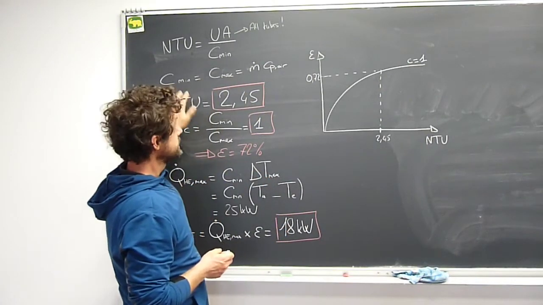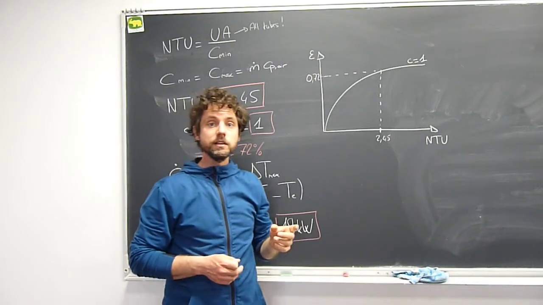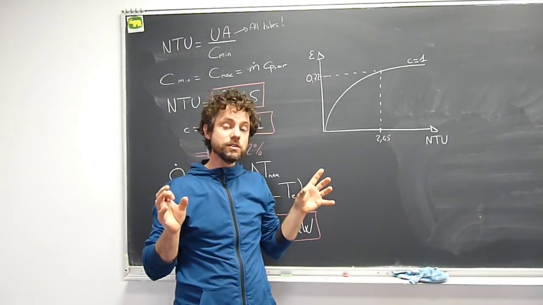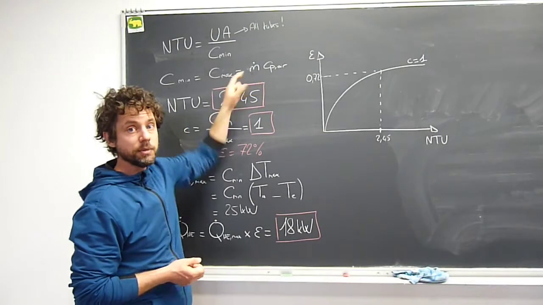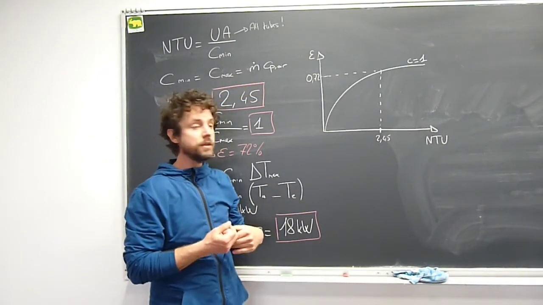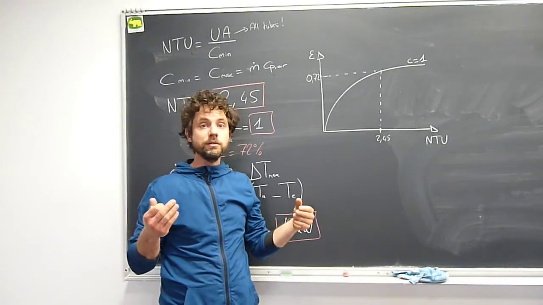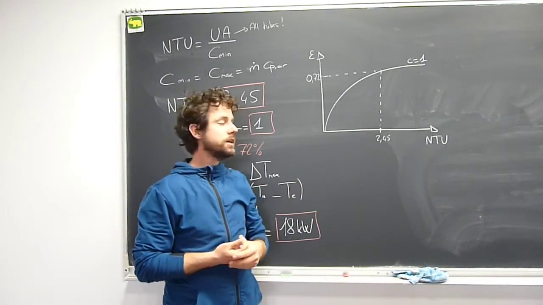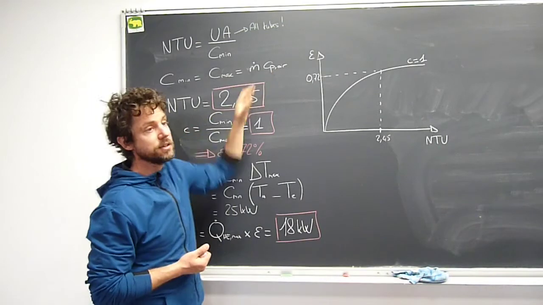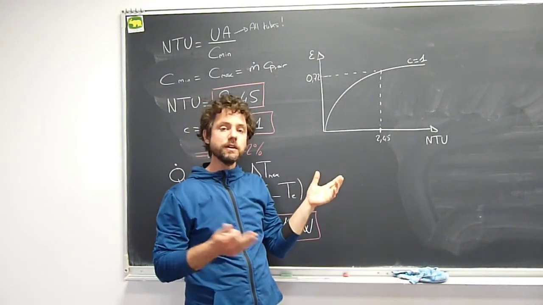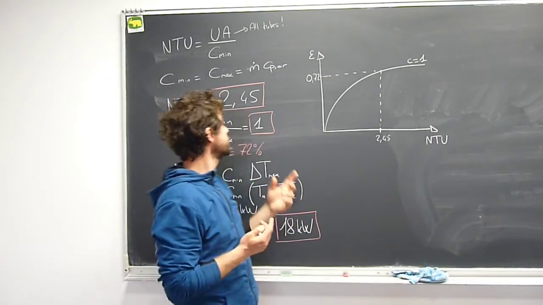This heat capacity rate, by definition, is the product of the mass flow rate and the CP for each of the fluids inside the heat exchanger. In our case, it's a bit special because we have exactly the same mass flow rate for both fluids, and also we consider that the CP is the same for both fluids because we have air with a quite similar range of temperature on both sides of the heat exchanger. So C min is equal to C max, and we can calculate with the mass flow rate of air and the CP of air. So then, if we do the calculation, we find a number of thermal units of 2.45,